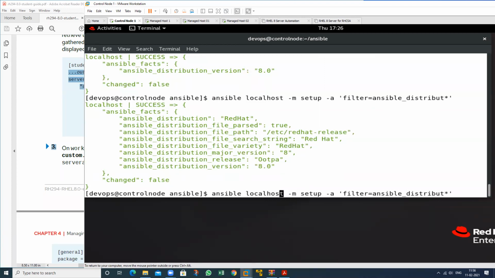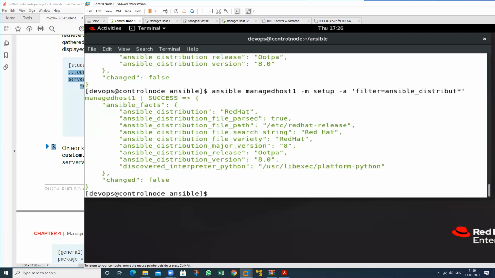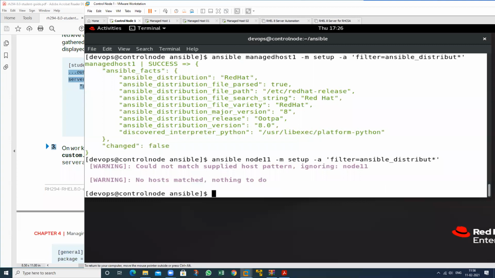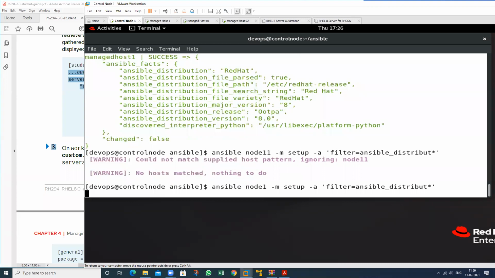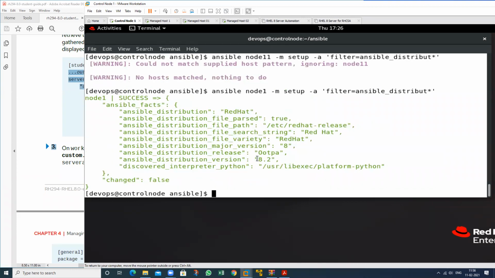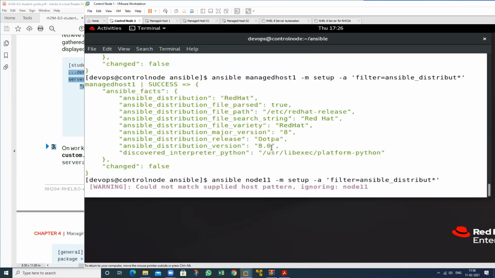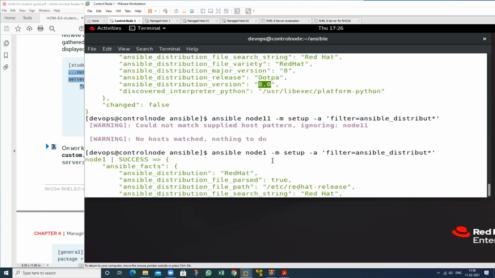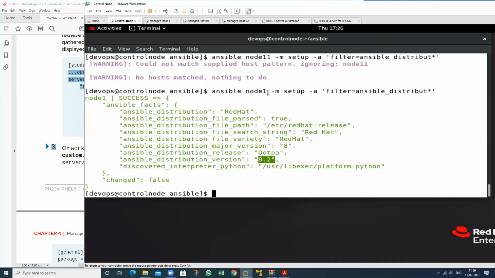That is regarding localhost, and we want to check managed host 1. It will also place the value. That is also, and node 1 also. So we have that is 8.2. Which one? Node 1. It's 8.0. It's 8.2. Which one? Node 1.